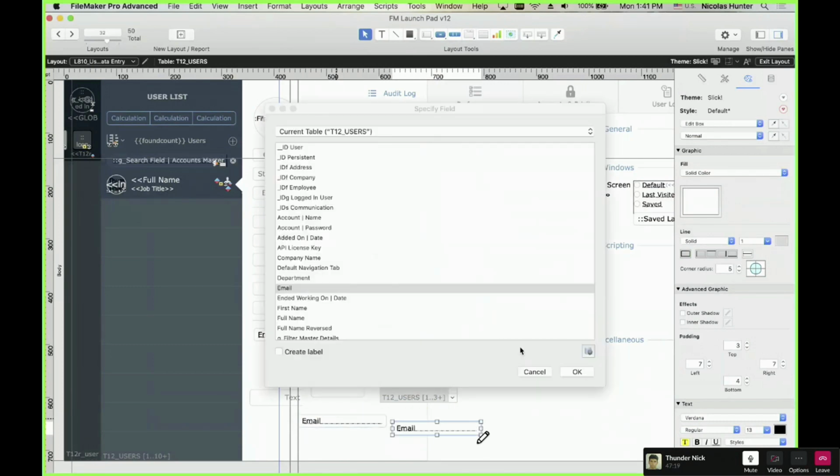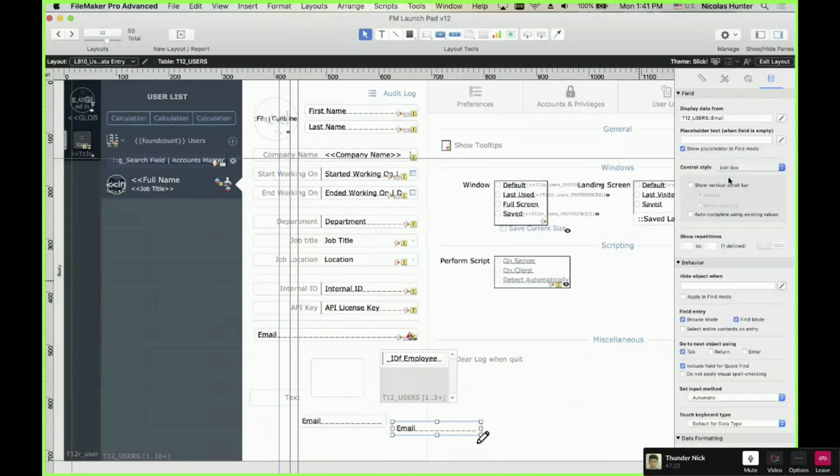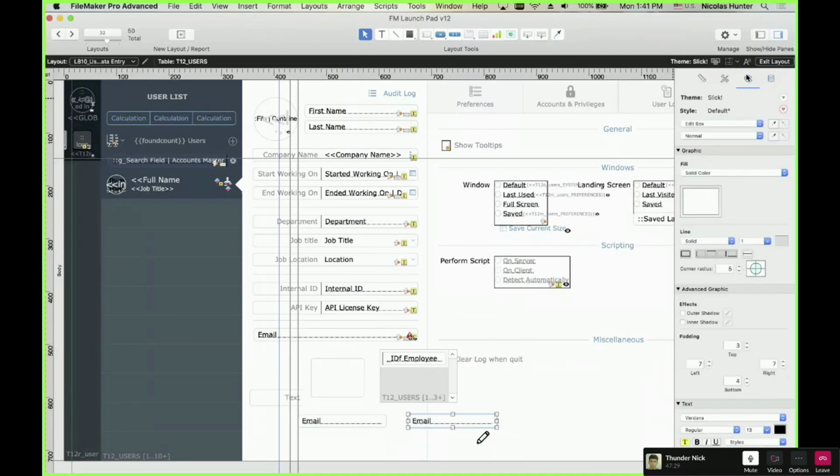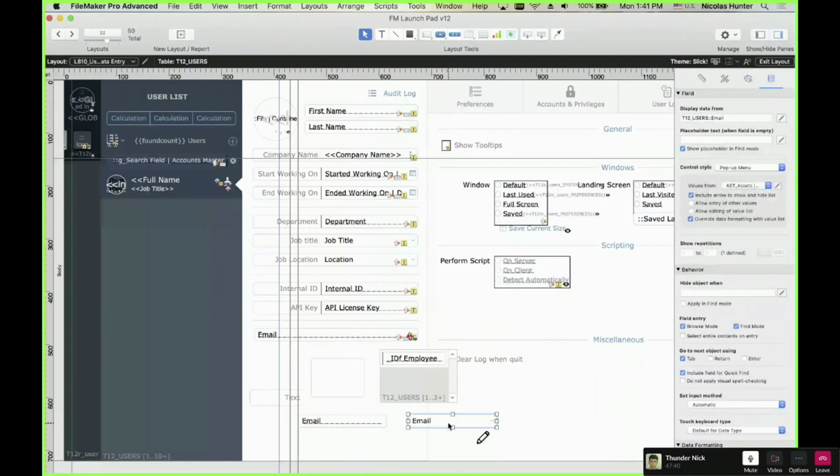For example, if I duplicate this object and say this is a drop-down menu, this is still a field. But if I decide this is a pop-up menu, it is no longer just a field. It's a field with some specifics.